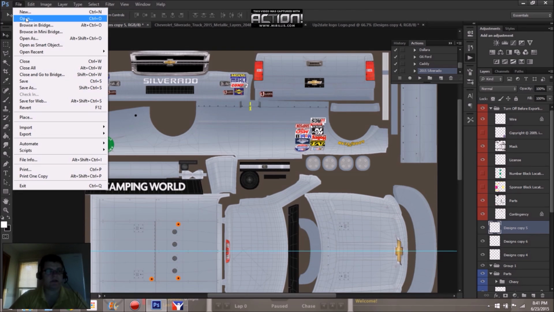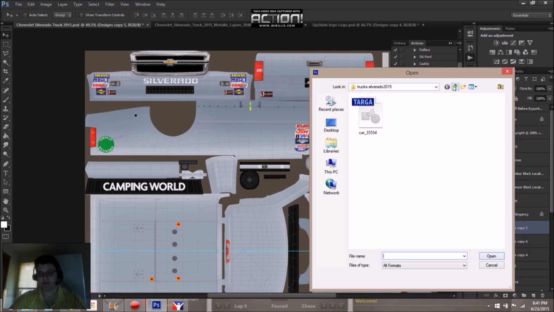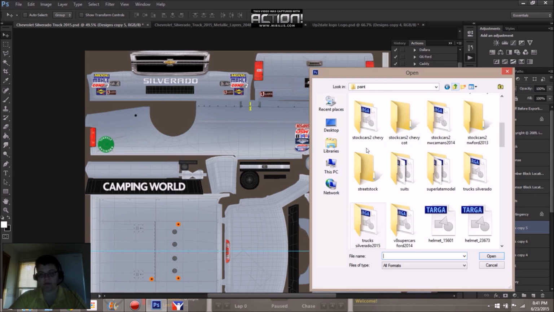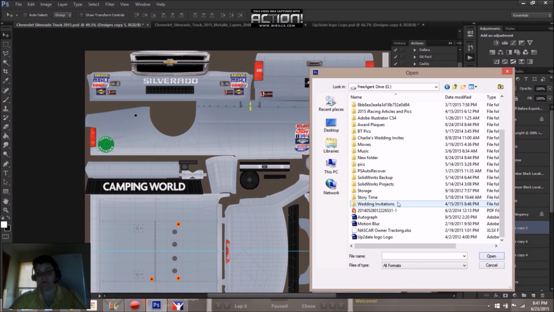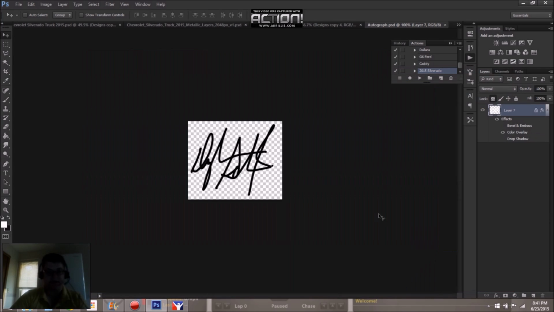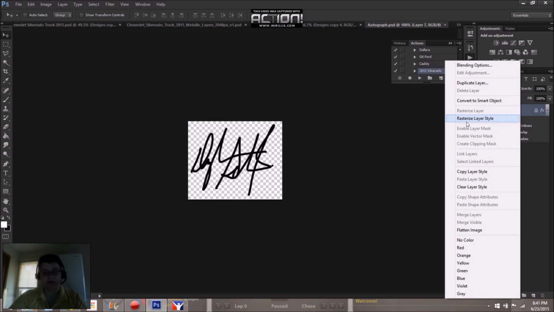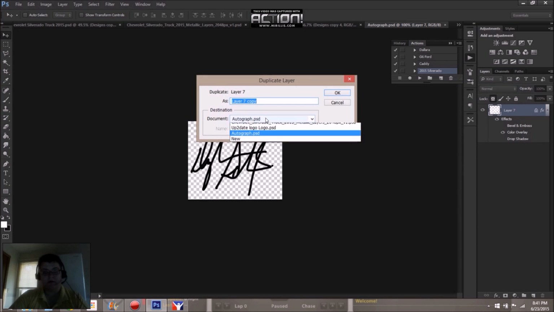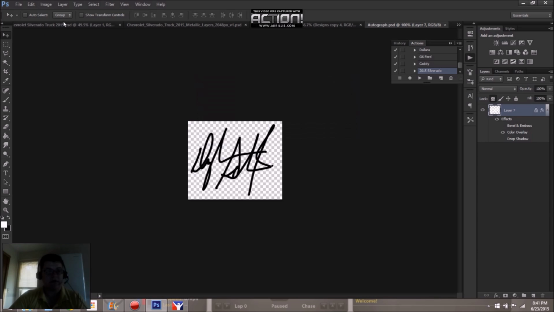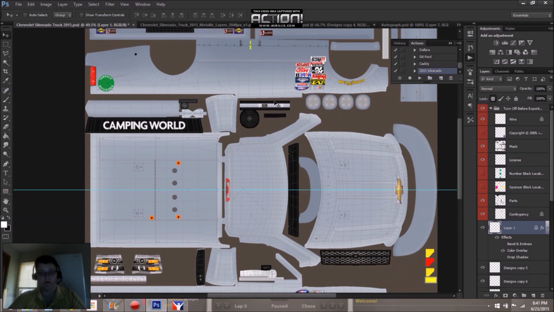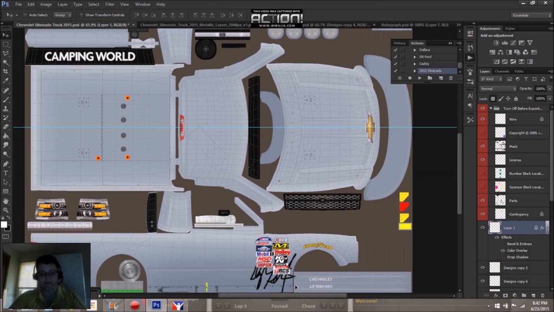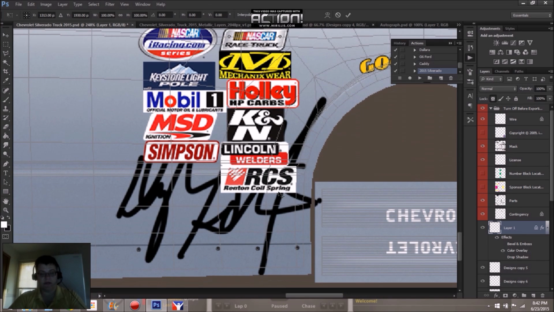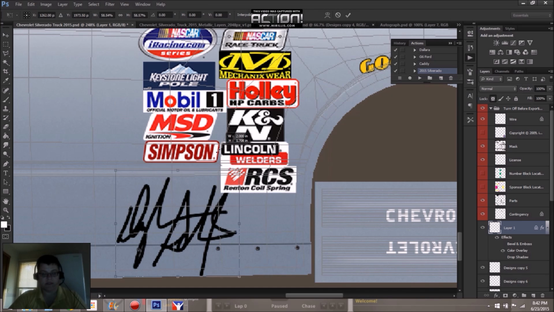Next thing is my signature. And as an artist, I've always felt that my signature was very important. You know, I've done several actual paintings, several murals, things like that. I've always signed my work. So that's my signature. I'm going to duplicate that over. It's around here somewhere. There it is. And I always put my signature right in here with the contingencies.